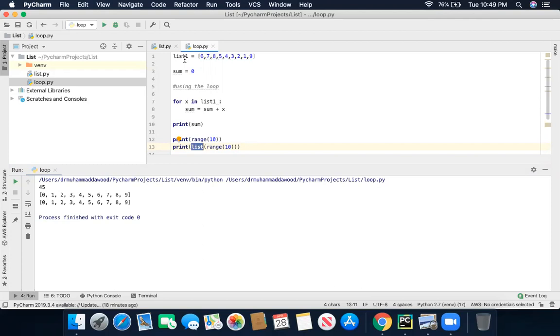List, bracket, range, bracket. It says same list.